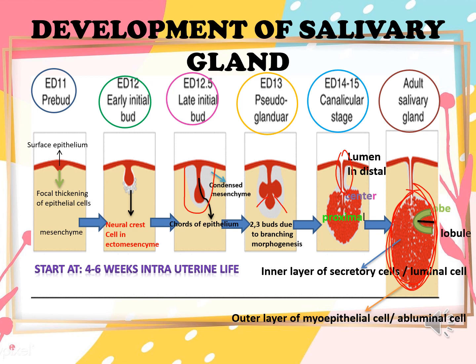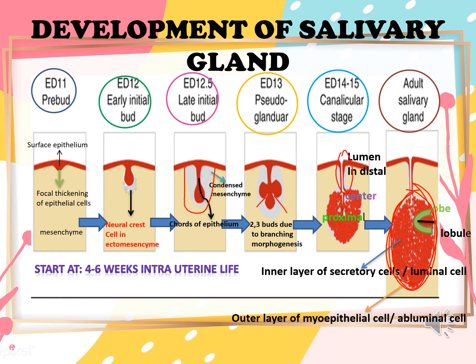The parotid gland starts developing in 4 to 6 weeks of intrauterine life from the buccal epithelium of stomatodeum. Submandibular gland, which is the second major salivary gland, develops in 6 weeks of intrauterine life. It develops in the sulcus surrounding the sublingual fold in the floor of the mouth. Sublingual gland, which is the smallest major salivary gland, develops in 8 to 12 weeks.